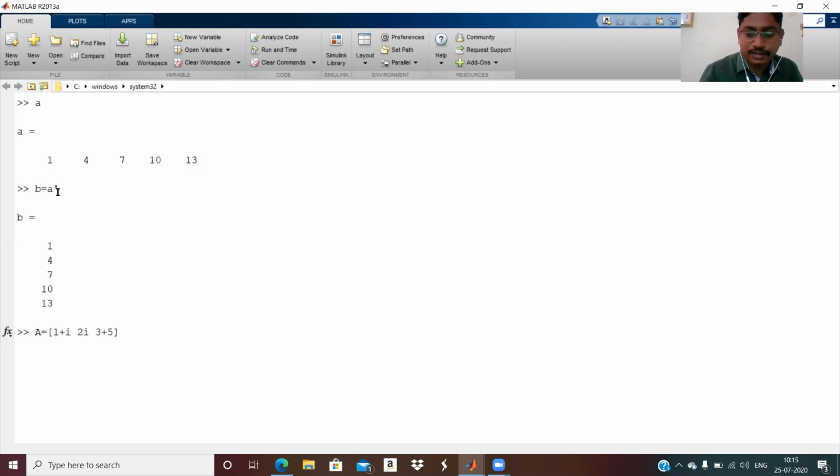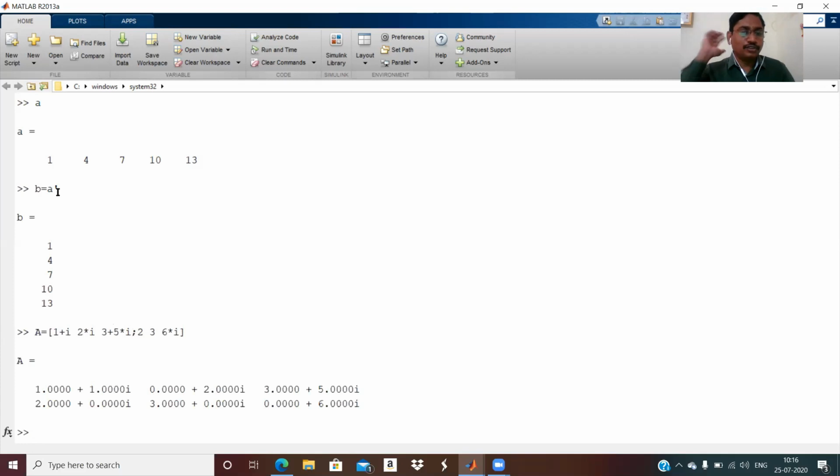Don't write 2i, there is a product, you must mention the star here: 3 plus 5 star i. This is the first row. Now I want to write the second row, and keep in mind the second row must contain the same number of elements: 2, 3 and 6 star i. And this is a 2 by 3 complex matrix.